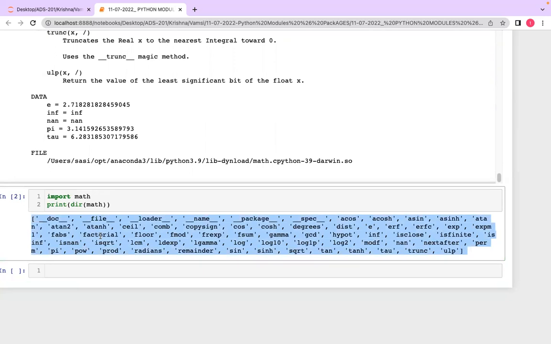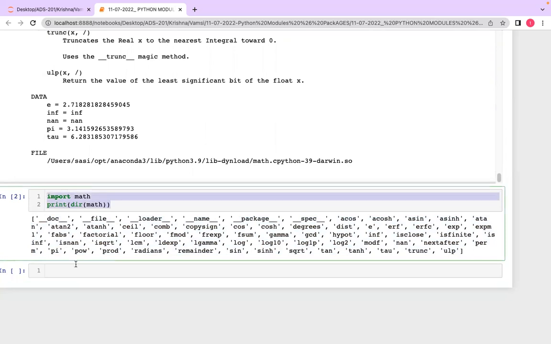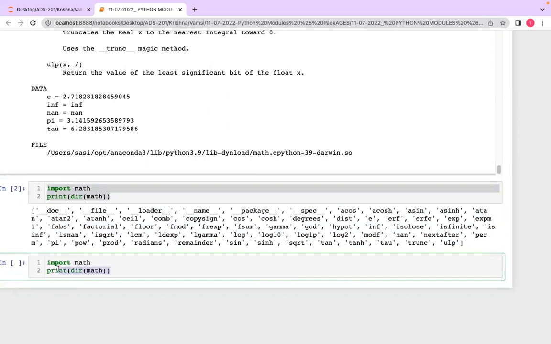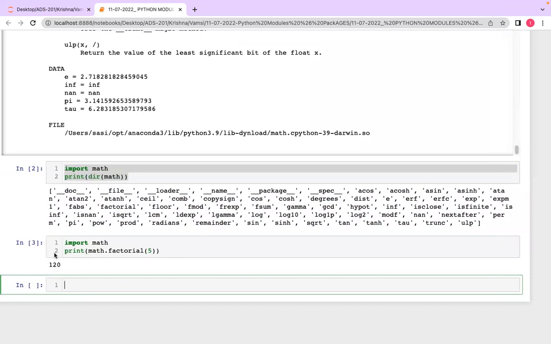For implementation of the factorial, it might take at least 5 to 6 lines. But if you know this particular module, the factorial just finds the factorial of any number. So with a one line statement only, we can finish this program: factorial of, for example, 5. We get 120.